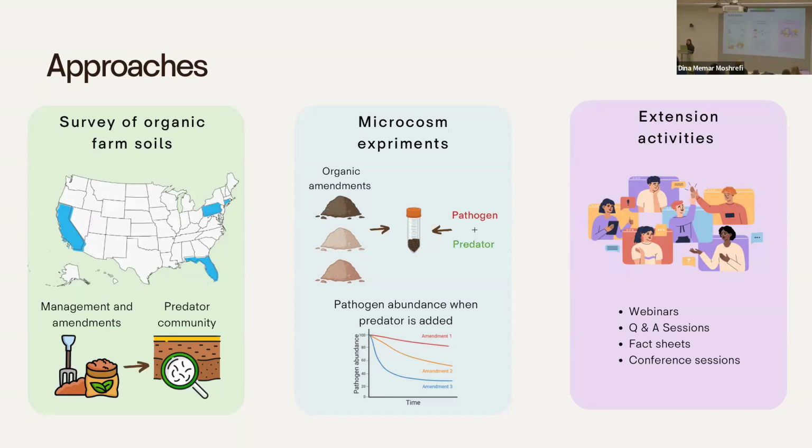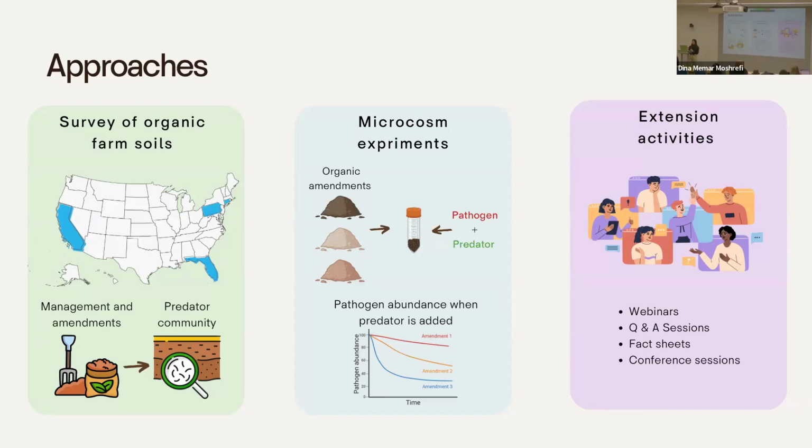We will also look at the effect of organic amendments directly on predator performance against pathogens. So we would do this in a series of microcosm experiments where different organic amendments alongside different combinations of micropredators and plant pathogens to hopefully see if any of these organic amendments best support the performance of these micropredators to